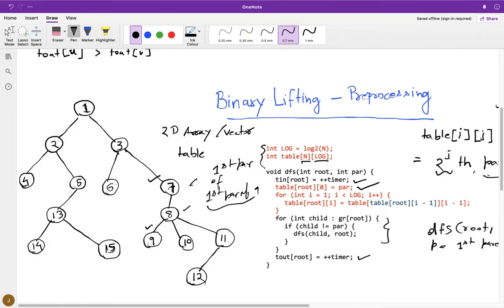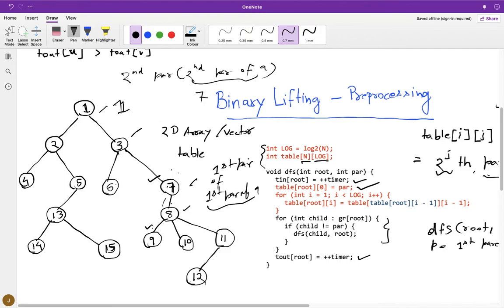This is the first parent, this is the second parent, this is the third parent, this is the fourth parent. The fourth parent of 9 is 1. So instead of calling 1 the fourth parent of 9, I can call 1 the second parent of 7, because the second parent of 9 is 7 and 7's second parent is 1.